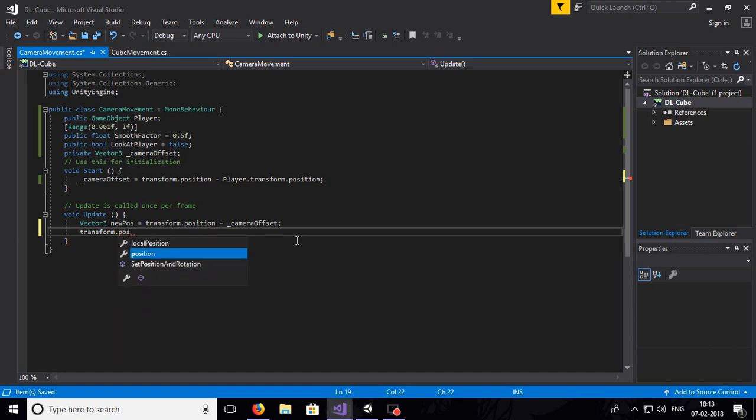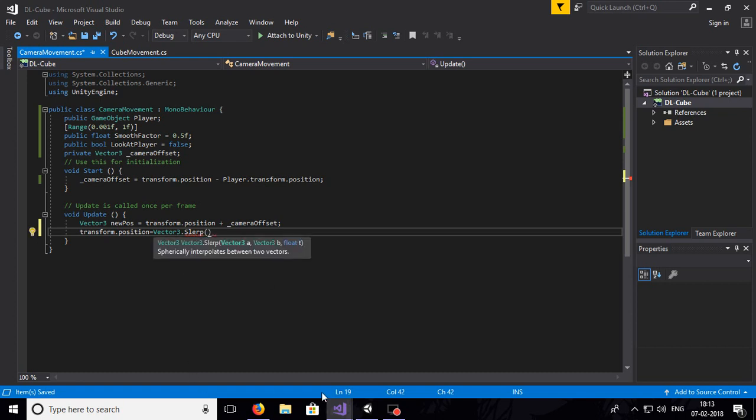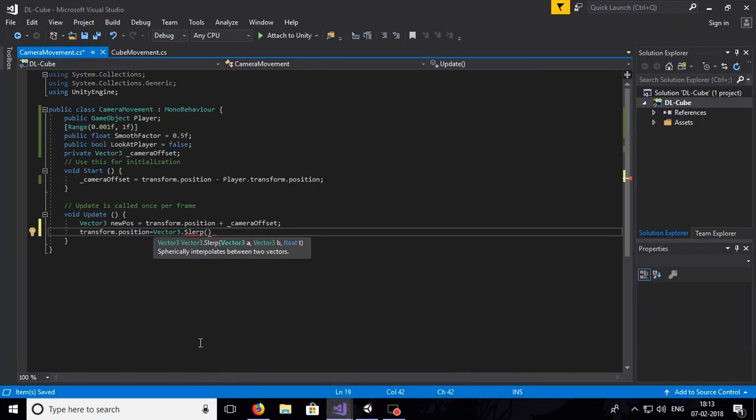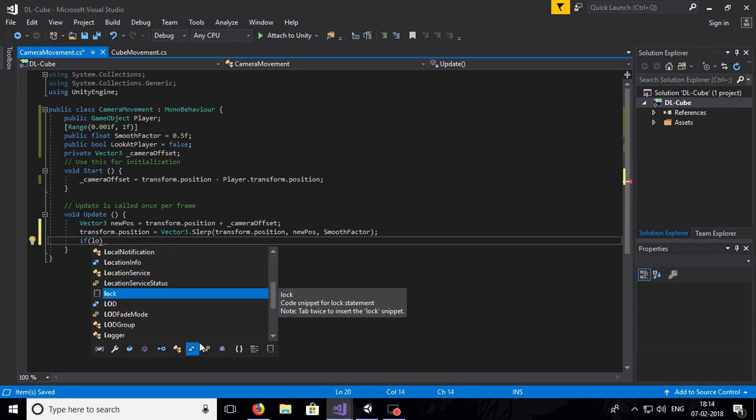Transform dot position is equal to Vector3 dot Lerp, from transform position to new pose, comma, the smoothness factor will be determined by our smooth factor, and if it is looking at player,